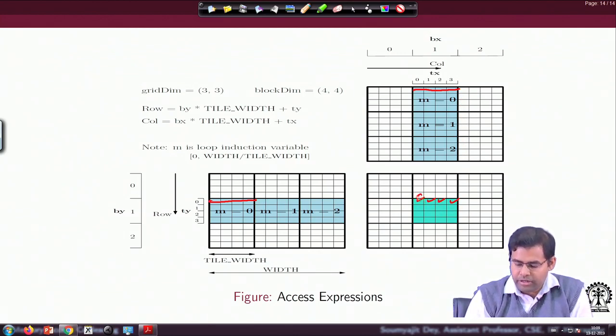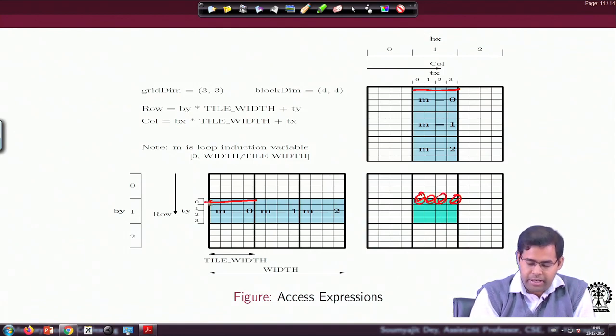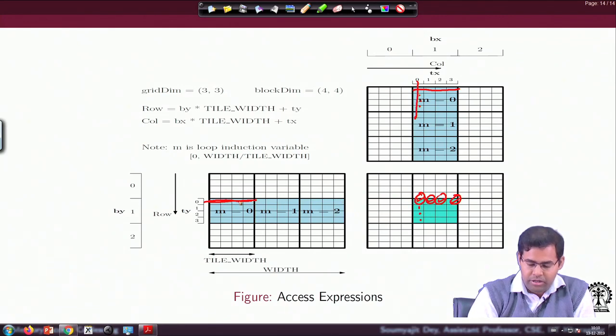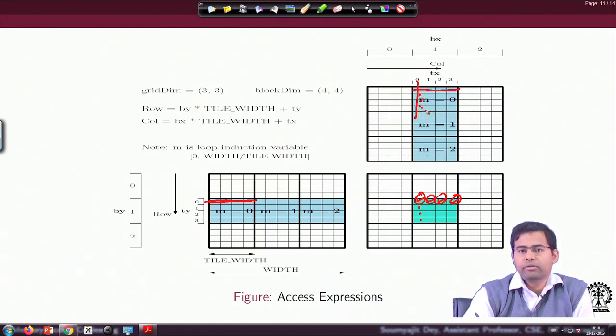But when these threads are in the compute phase, for example, the first thread is accessing everything from here and here, where all these other entries have been brought in by threads of these locations. But when this thread is doing the compute and loading data from these other locations, it is doing all these loads from the shared memory. It is not doing these loads from the global memory. That is the most important point.